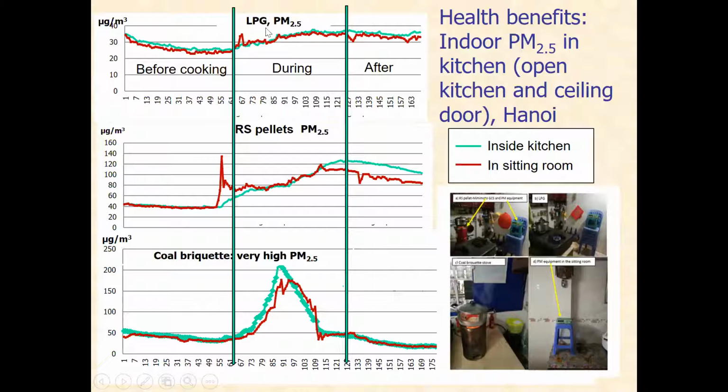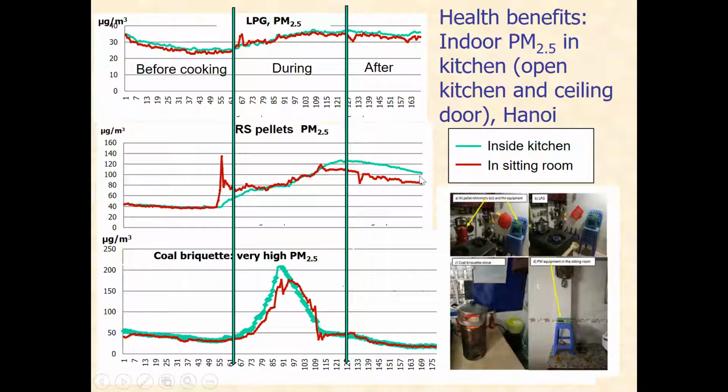So this is LPG, the PM2.5, right? When we cook with LPG, the level measured inside the kitchen and in the sitting room seems to be low. So it's really low, not that much, because of some disturbance here. But when we use rice straw pellets for cooking, at ignition, when we start the fire, we use some kerosene, so it's a huge emission. But then the level is 80, 100 something, and inside the kitchen it remains a little bit high, and